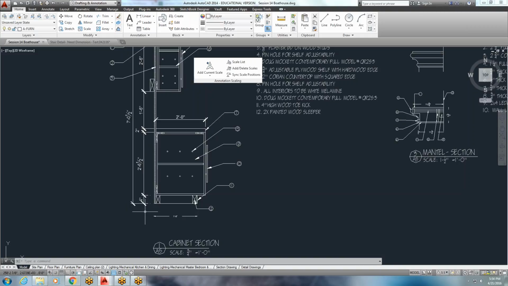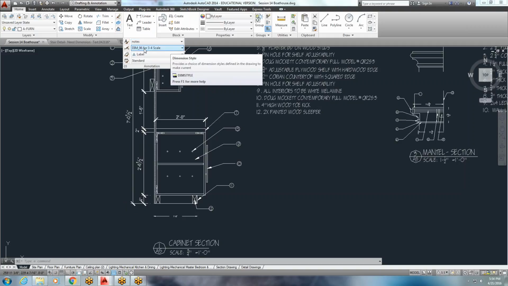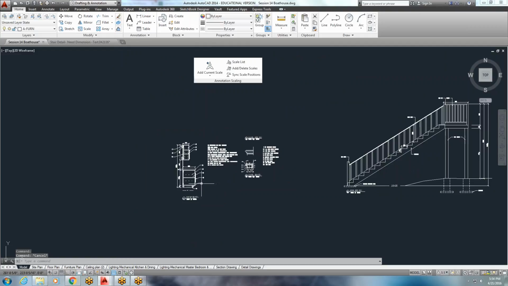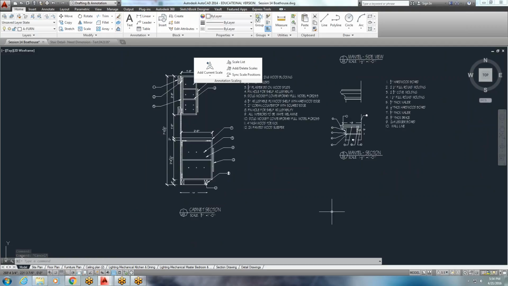And this one specifically is set up for the 3/4 inch scale. So if I go into annotation, you'll see DIM 96 for 3/4 scale. And that made it very easy to show up clearly in my model space and in my paper space, and I could dimension it in either without it disappearing on me. So I am going to copy